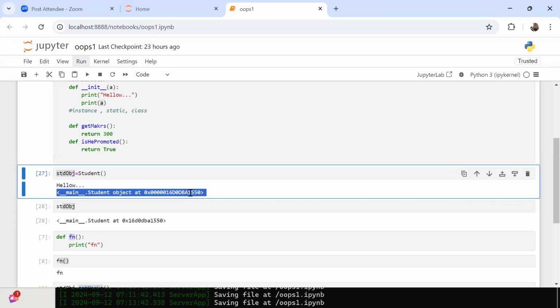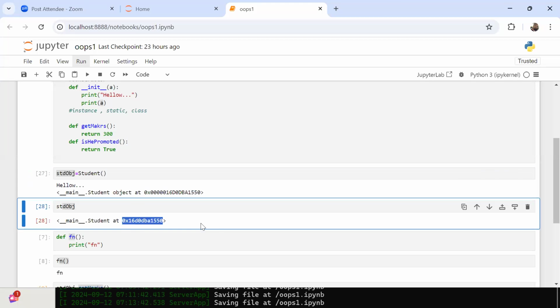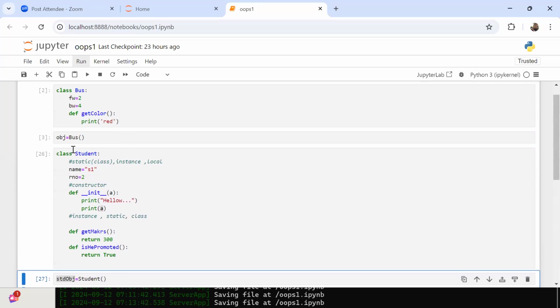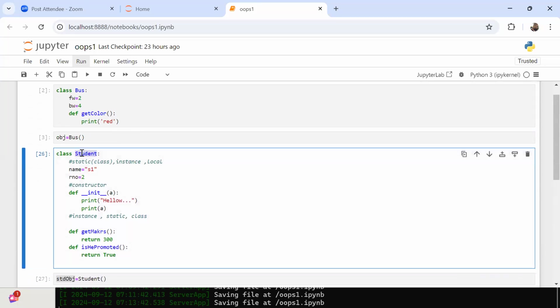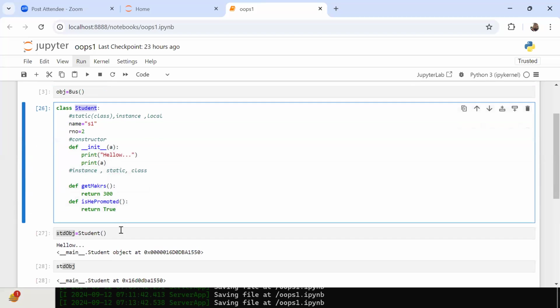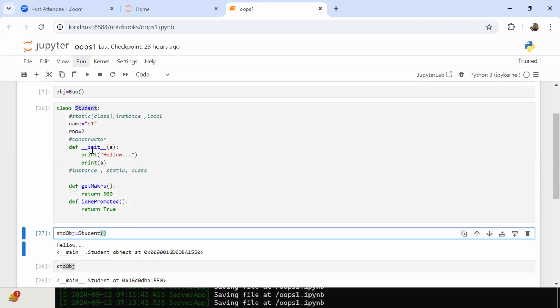Remaining all are like object reference and everything is the same only, no? Yes or no? Okay, so this value is what I'm asking. This value is an object of student class only or not? Yes. Okay, that means whenever you create an object for this particular class in Python, listen carefully.